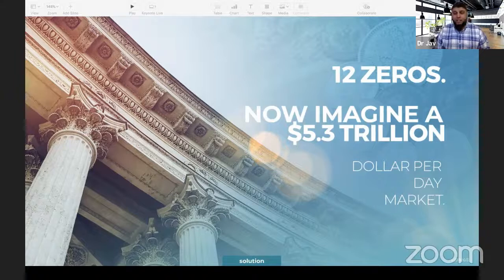Your banks are collectively making over $1 trillion every single day. That's a 1 with 12 zeros at the end of it. That's a huge number. Going back a few years, my mentor said to me, Jav, how much money have you made on your money in the last decade? How much money have you made on your money in the last 10 years? And I thought about that